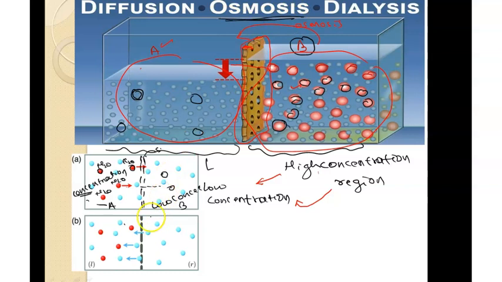Okay, I'll take one more example here. Let's say this is my cell A and this is its external environment. Usually cells, suppose you take blood cells, are embedded in plasma. Plasma is a liquid. Suppose I have a liquid like this, plasma, and in this liquid we have embedded blood cells.